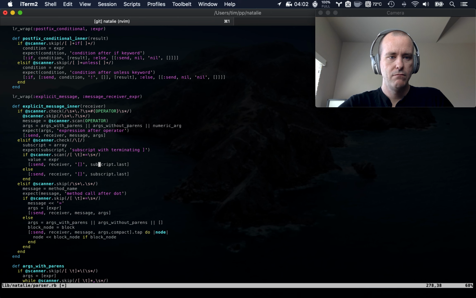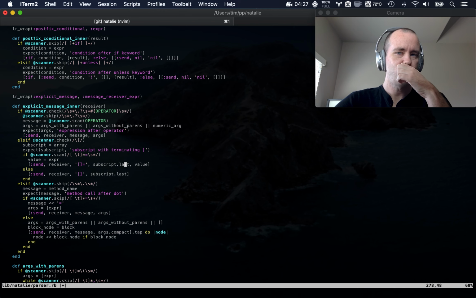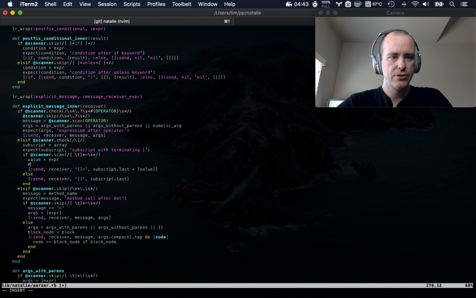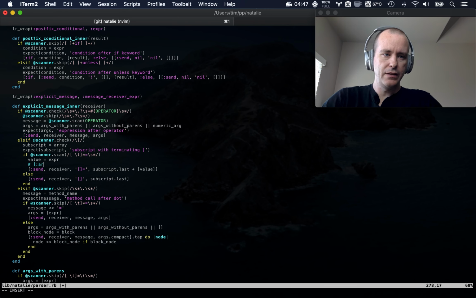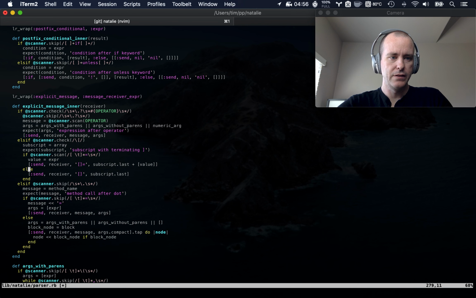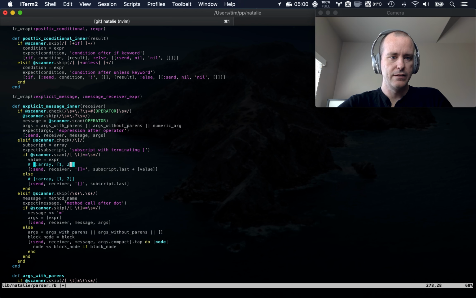And then subscript last. That's the value of the array. That's the actual array stuff. And then we want to do value. Oh no, okay, so these are the arguments. I can't really explain how I know that. Because I'm pretty sure the subscript variable looks something like this, array, and then 1, comma 2, whatever. But in our case, anyway, sometimes it looks like that. It looks like that here sometimes. But in our case, it's just going to be a single